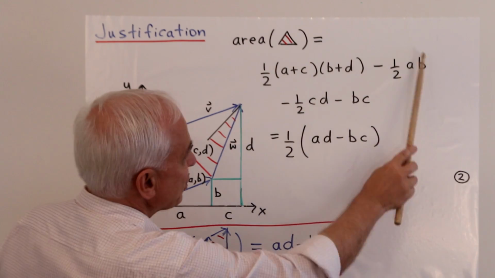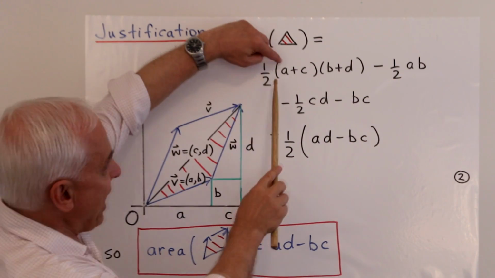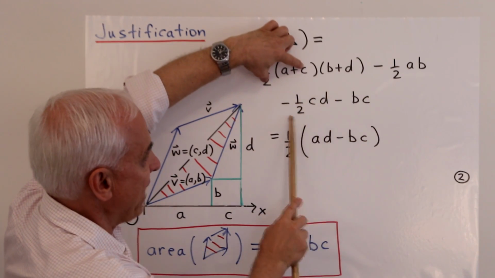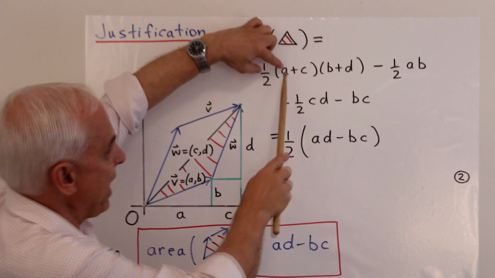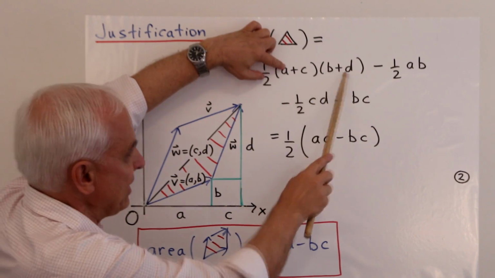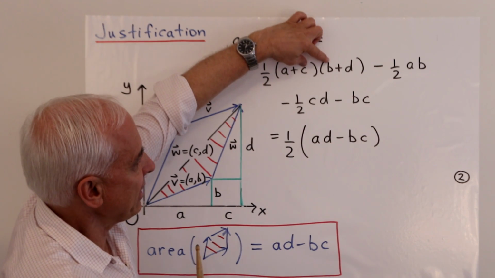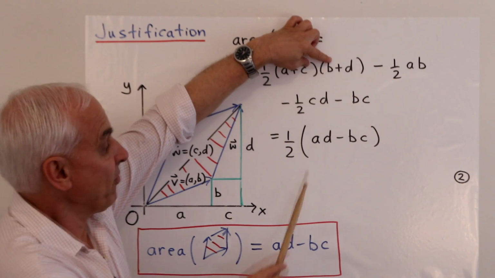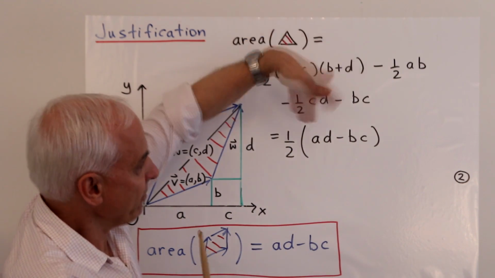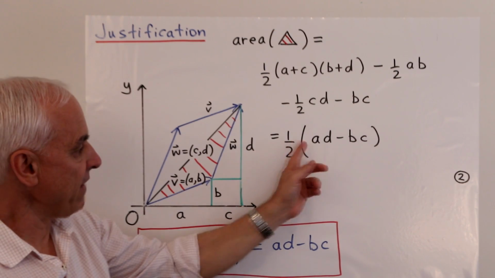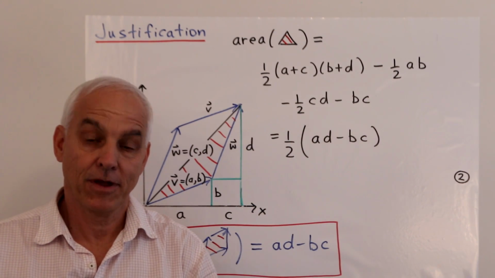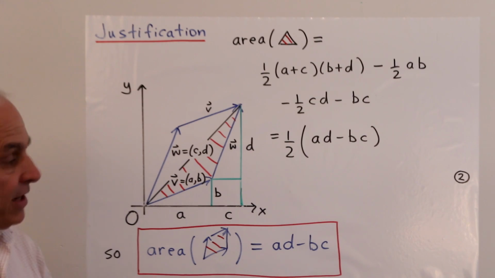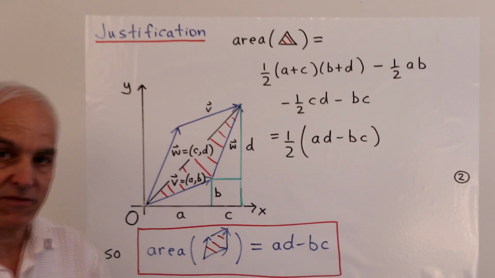And then when we look at this expression, we see that there's quite a bit of cancellation. The AB times 1/2 cancels with that. The CD times 1/2 cancels with that. The AB is still remaining. The AD is still remaining. And the BC, well, there's 1/2 BC here minus a full BC there, gives us minus 1/2 BC. So what remains after we simplify is 1/2 AD minus BC. So this calculation shows that the area of the full parallelogram is indeed AD minus BC as we've claimed.